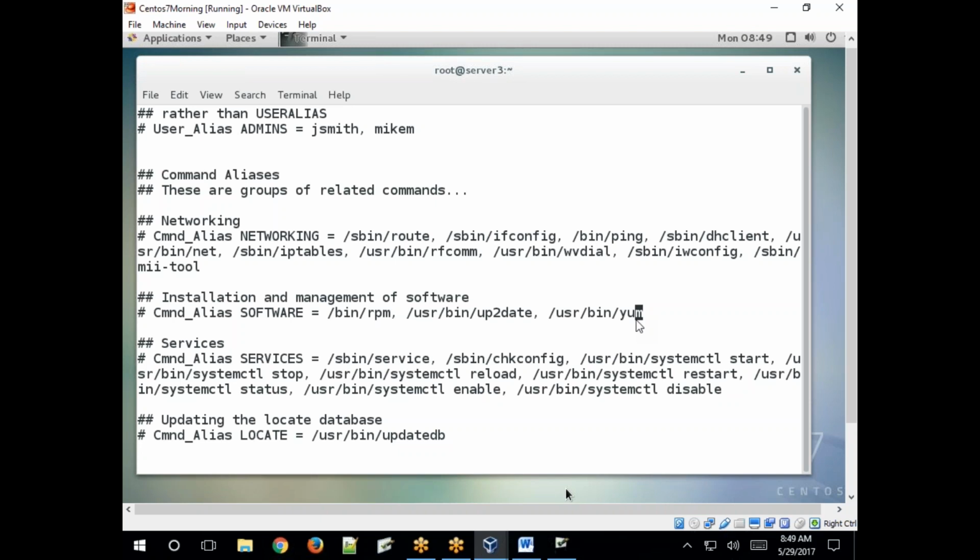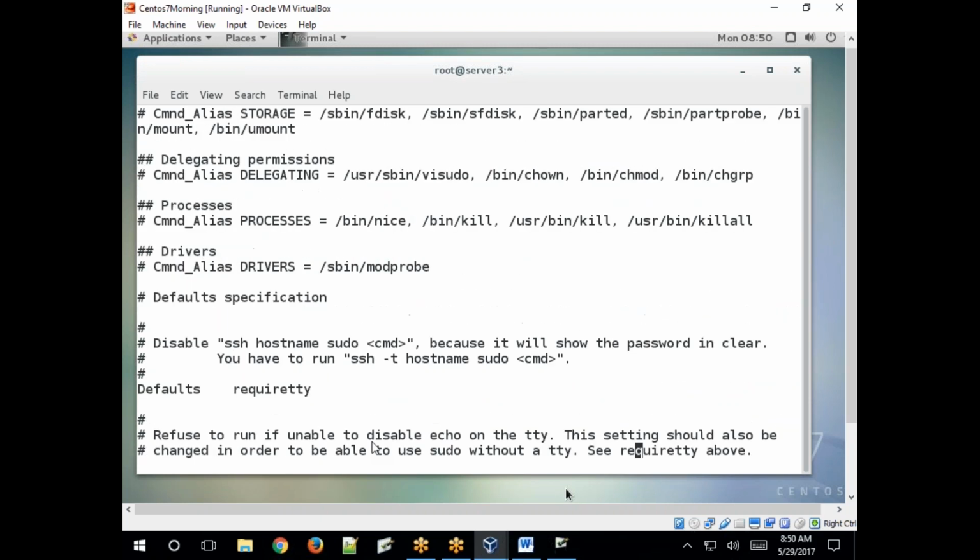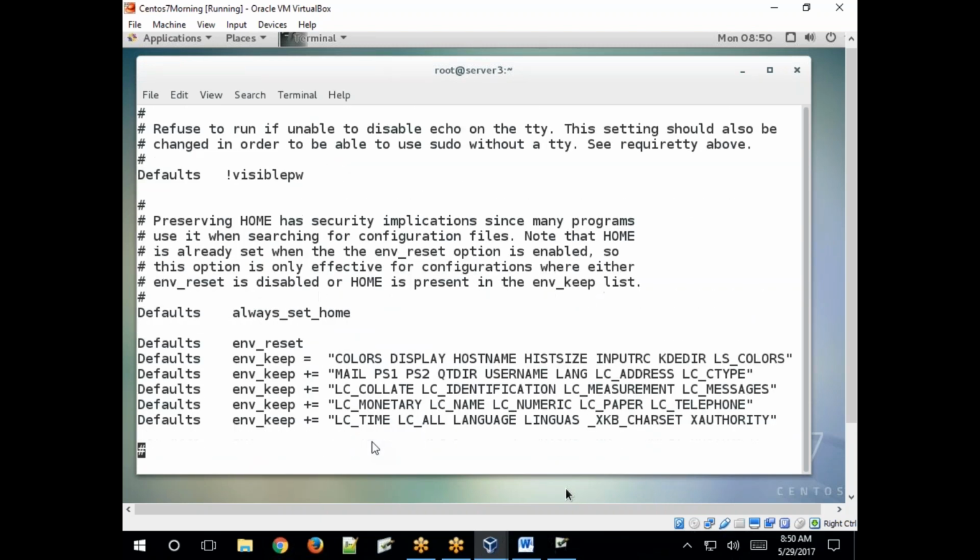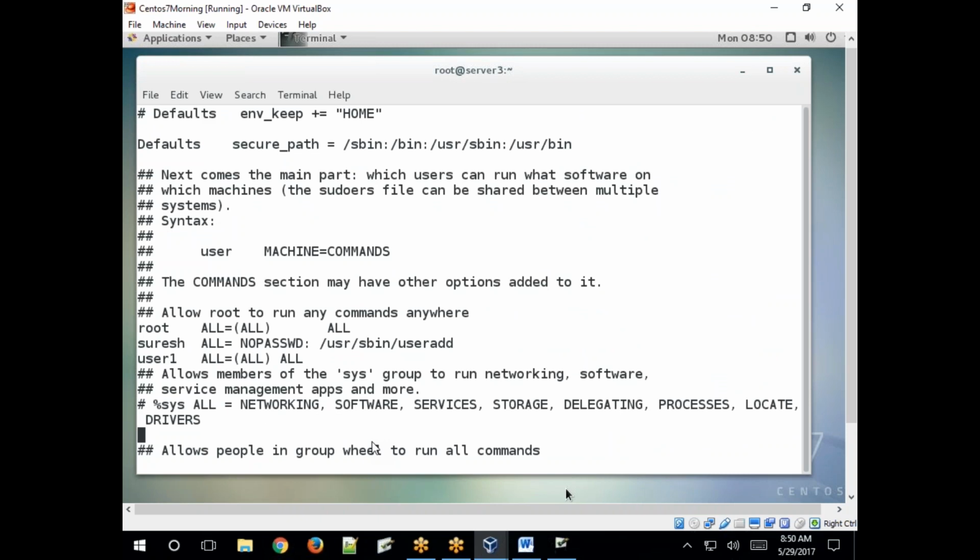Fdisk is the command to create partitions. Then use that alias name to allow the user, like this, all the services. First you need to read this file, simply add those lines, come here and add, that's it.